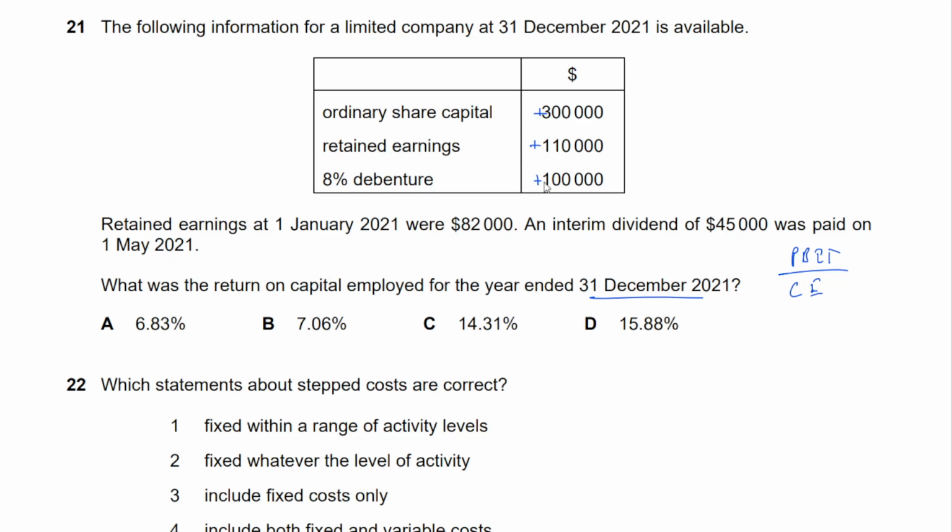Oh wait, there is a non-current liability. So that's the total of 300, 400, 510,000. That is your capital employed. Why? Because capital plus non-current liabilities. And that is 510,000, okay? That is capital employed. Profit before interest and tax. Well, the profit,